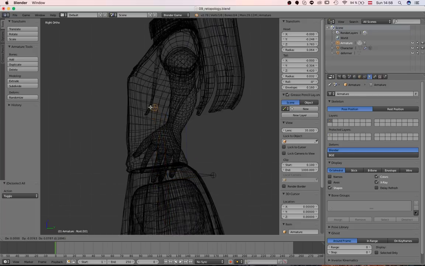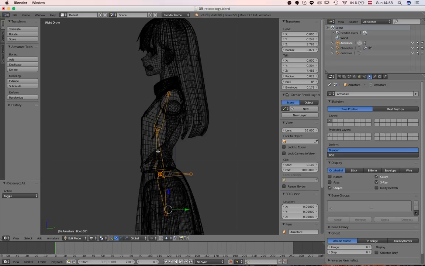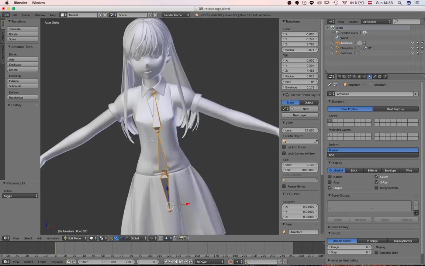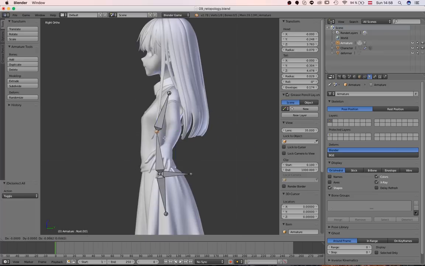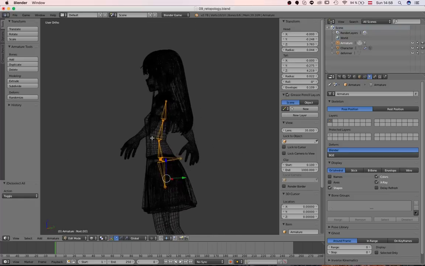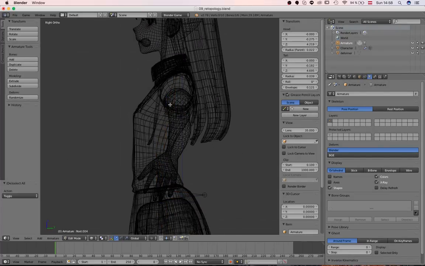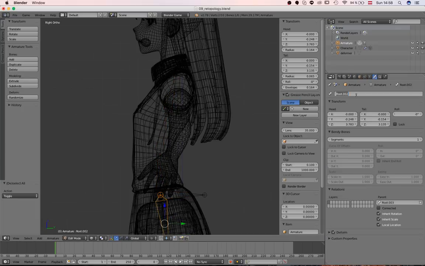So for the upper body, I'm kind of not sure if I want to have more than 2 bones. I mean, let's see. Yes, I think I'll make just 3 bones. Because if you have too many, it's again annoying to work with, but if you have too few, you might have not enough control again. So let's just go with 3 bones for the spine,